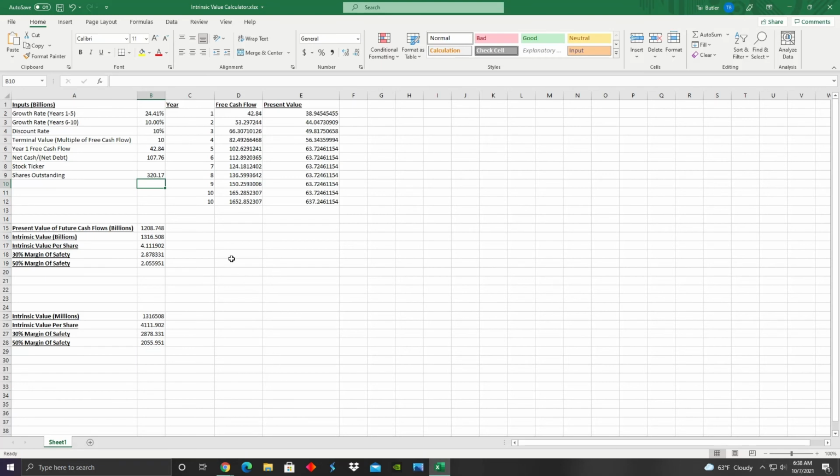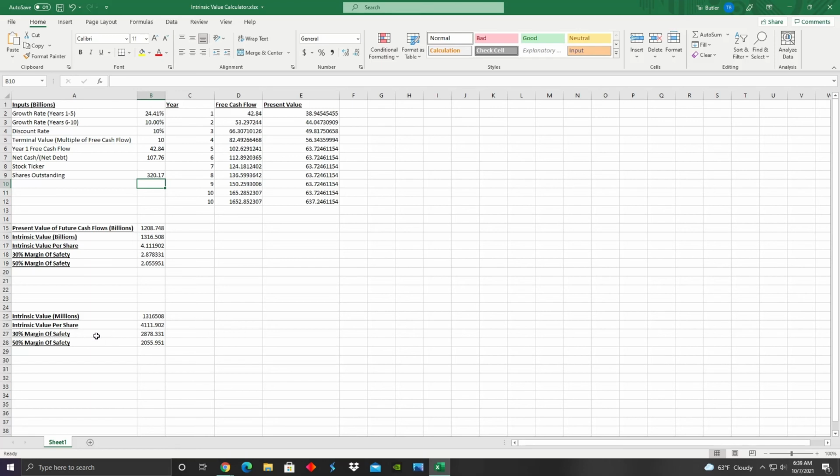So right here we can see that after calculating what their business is worth and dividing it by the outstanding shares, we wouldn't use these numbers right here because this is in billions, and since the shares outstanding is in millions, we need to convert it to millions. It's essentially the exact same numbers. We're just multiplying this by 1,000, and we can see that the intrinsic value in millions is this number. I have to multiply this number by 1 million essentially. So yeah, their intrinsic value per share according to their discounted cash flows is